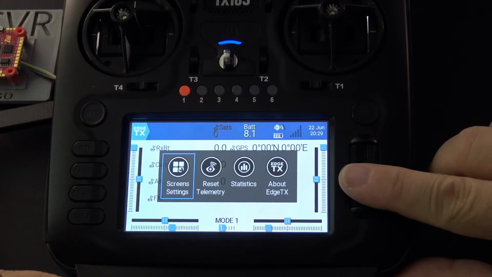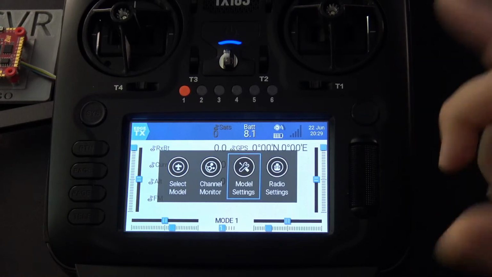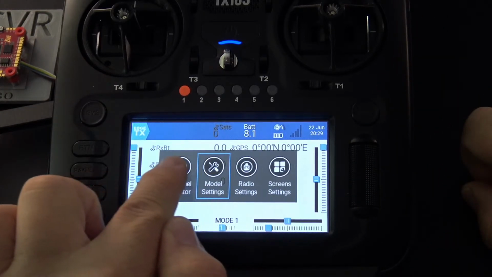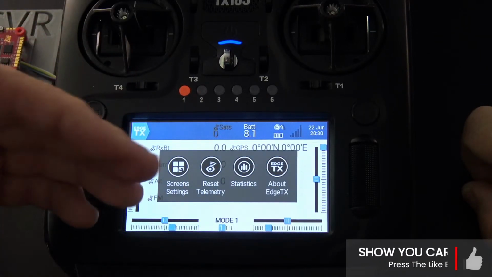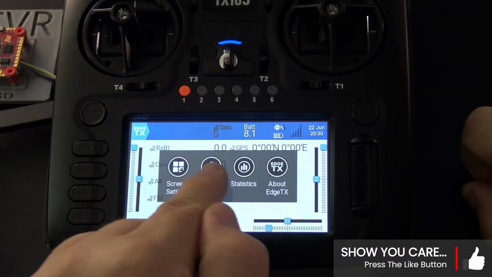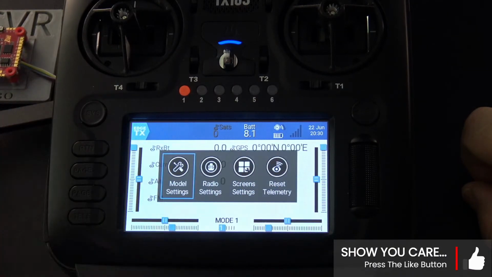You know, my initial reaction was to say, well, let's take this thing and scroll like that, which works. That works fine, but you can also scroll with your finger. So I'll encourage you guys as you play with EdgeTX, don't be afraid to put your finger on it and move things around. You'd be surprised at what you come up with.